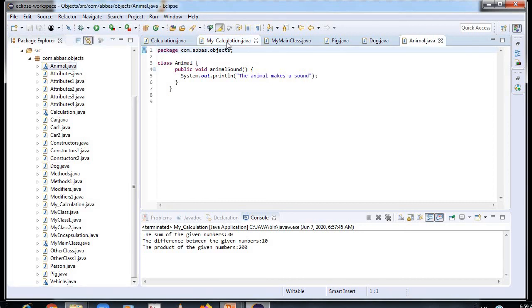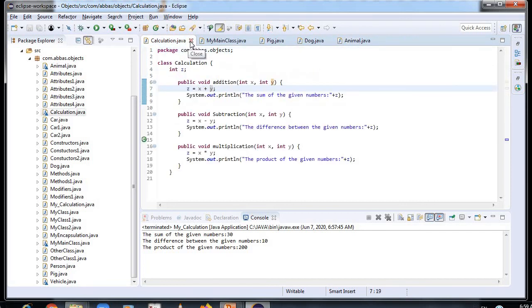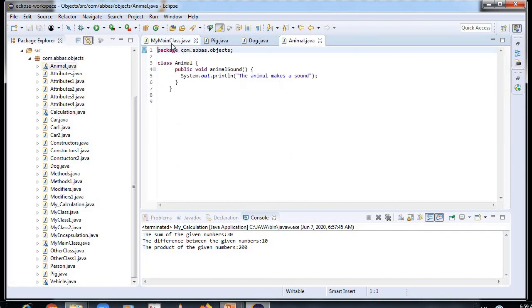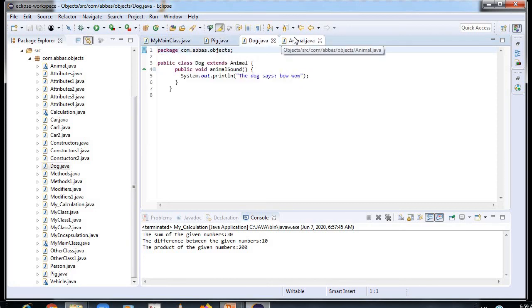The things that I don't require, I'll just close. Yeah, this is my main class. Now we can create over here the pig and dog objects and all the animal sounds. First I need to create four classes over here: my main class, pig, dog and animal.